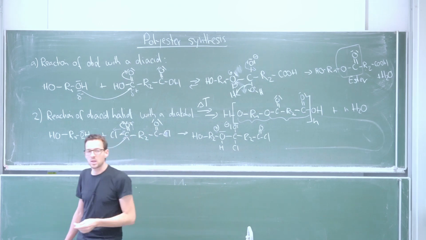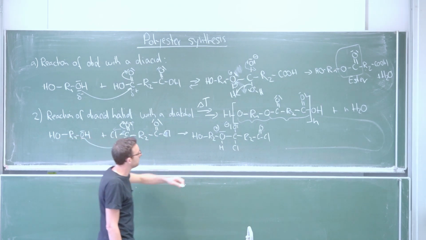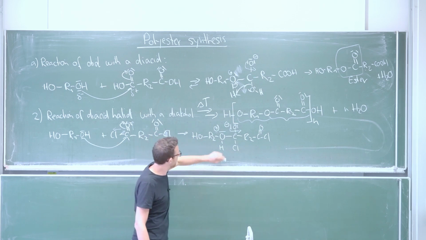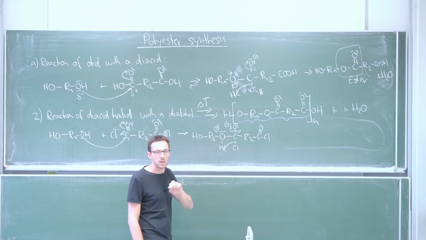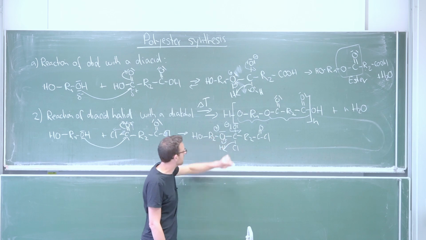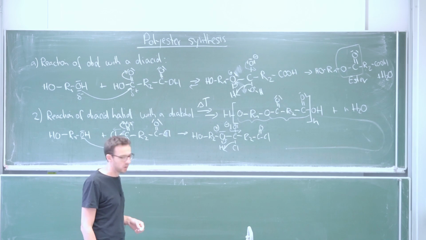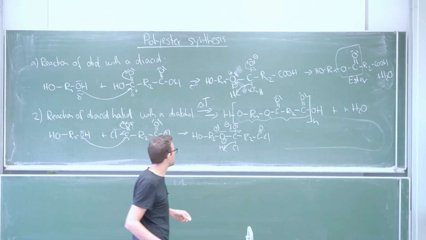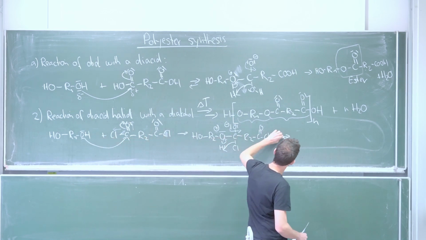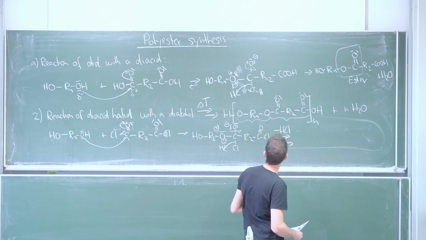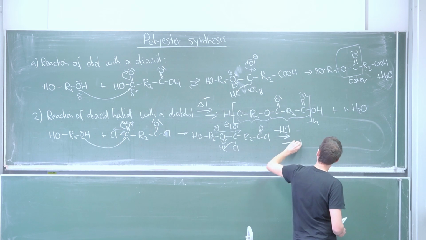And now the situation can resolve very quickly as well. So we need to regain our carboxylic acid. The chloride can leave. While it leaves, it can take the hydrogen. In this case, the electrons go back to the oxygen, and we form this bond. And if we do this more and more, then we get the same reaction as here, and we end up with